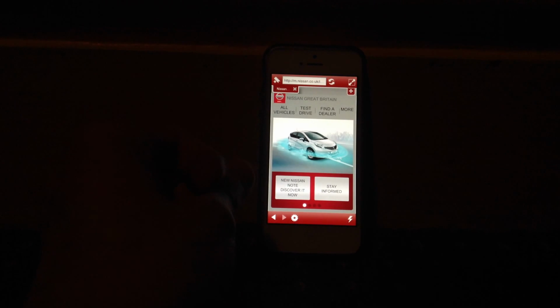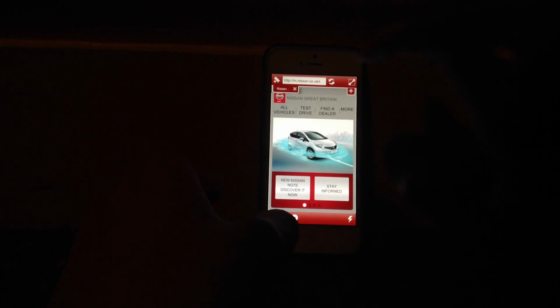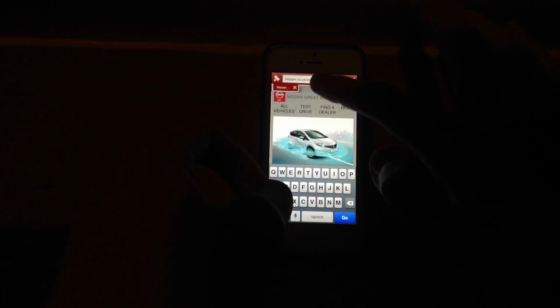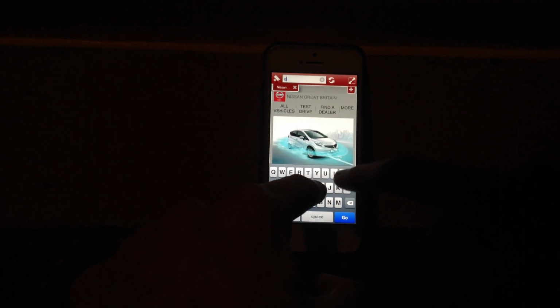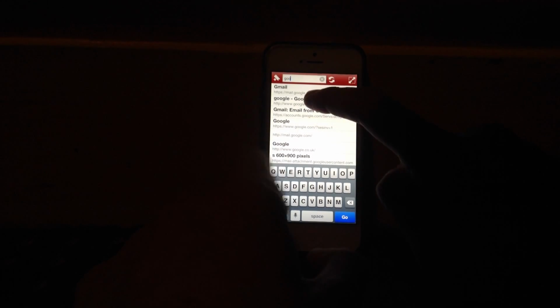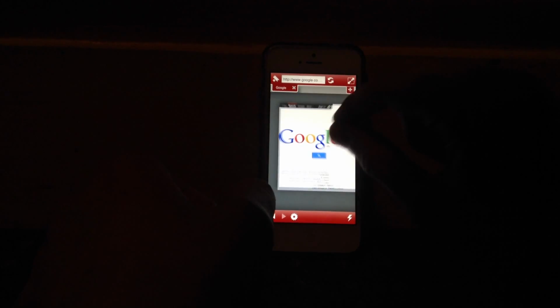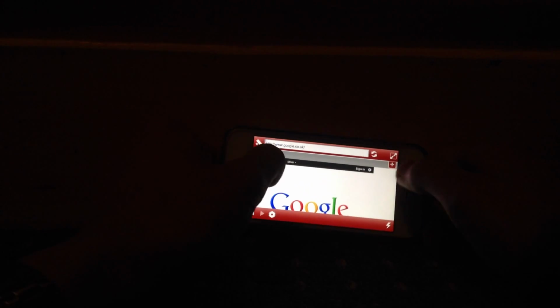As you can see, I've got red rather than blue on my user interface. So I'm just going to pop into Google quickly and then I'll activate the Flash player and we'll get going. So we go to Google, there we go. This is just, as you'd expect, the standard mobile version. So if I put the Flash on,